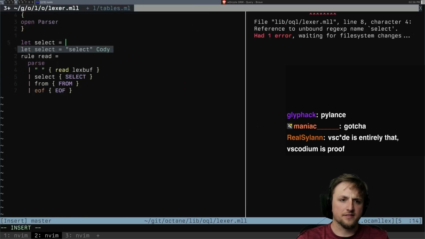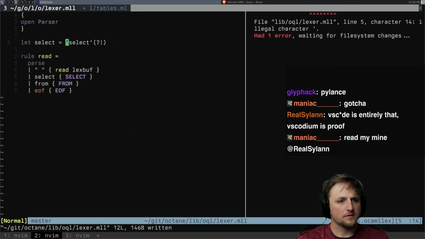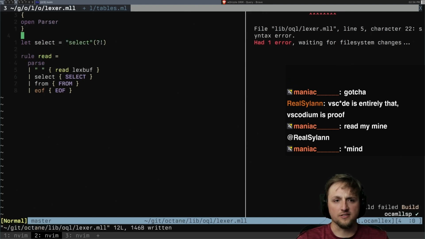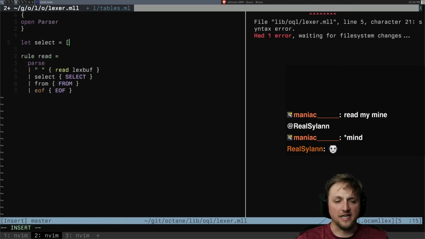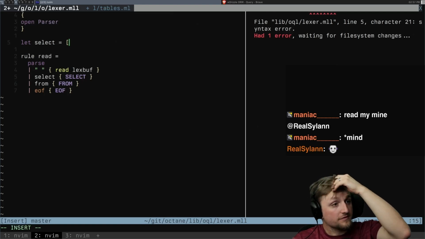Can I do like this, like select? This probably doesn't work, right? I bet this doesn't work, does it? Yeah, I'm not sure how I can do this easily. I guess the simple way would be